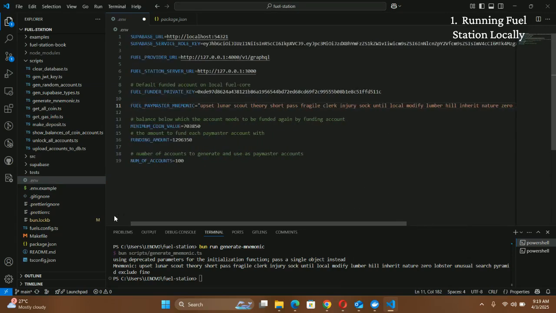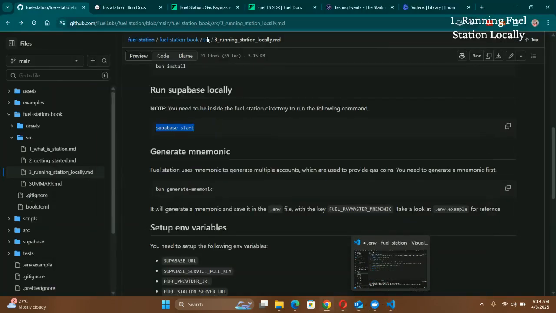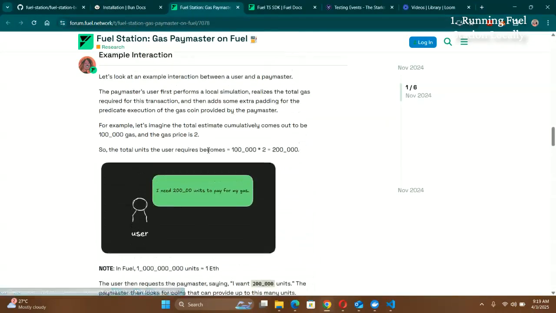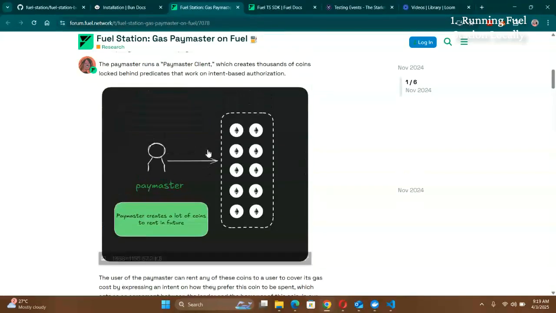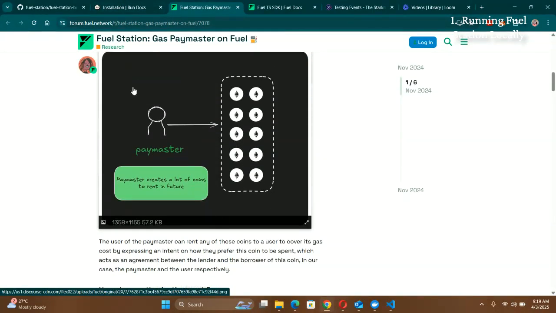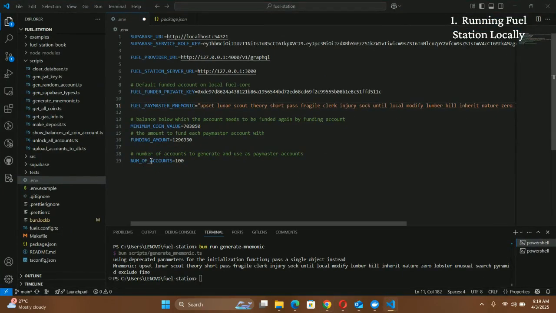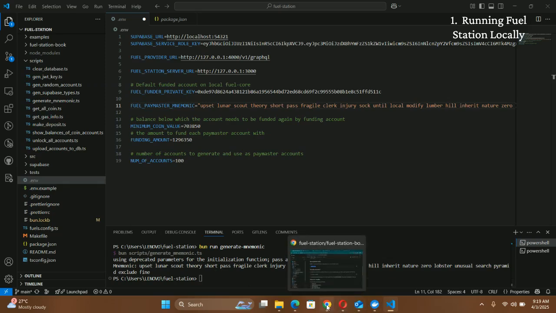So it's going to be using that, as we are trying to start the fuel station server locally. While looking at our documentation earlier, I said it's going to generate multiple accounts for you. So that is going to look and perform with it. It needs that mnemonic and private key to do all that by itself. So the next step is